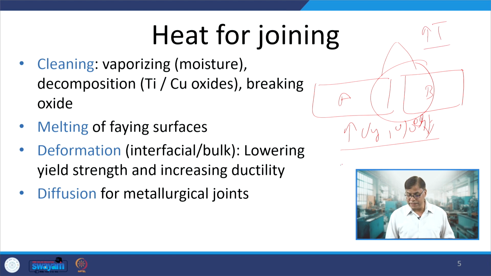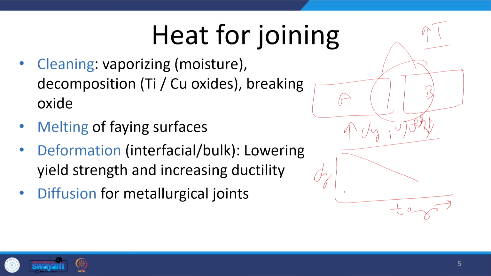Okay, this increase in temperature will simply reduce the yield strength of the metal. As the temperature increases, the yield strength gets reduced, while the ductility is enhanced. So, the percentage elongation improves. This combination of change in properties, like reduction in yield strength and increase in ductility with the increase of temperature when the heat is supplied, helps in easy and controlled plastic deformation at the interfaces for development of